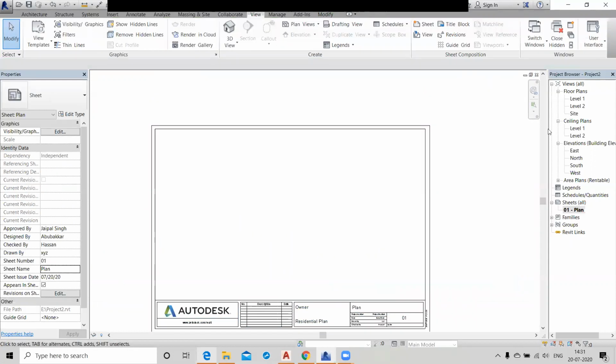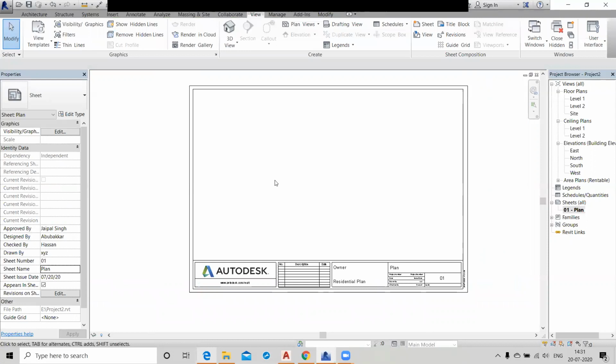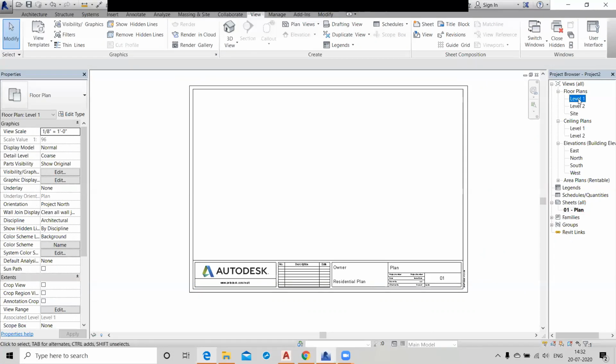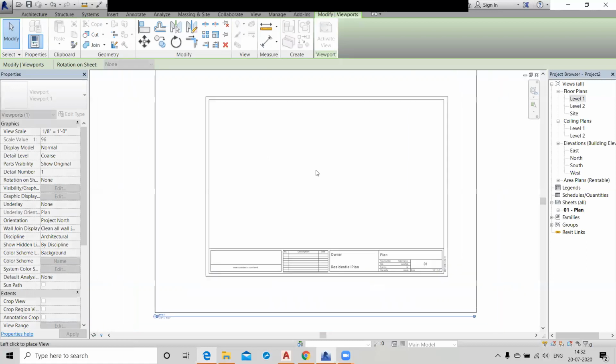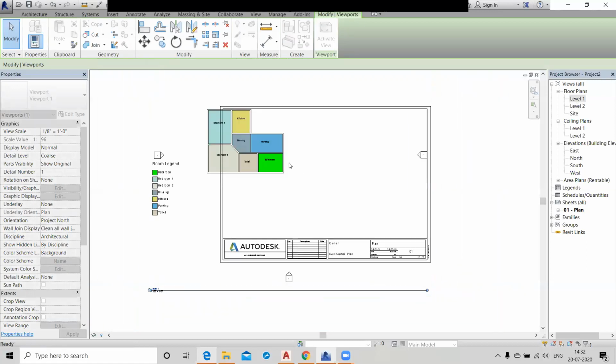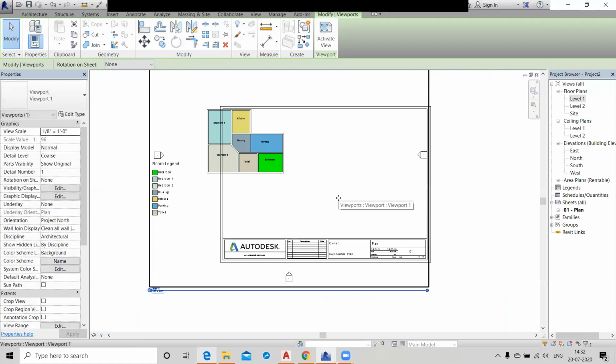So how can you insert your plan in the sheet? You can just select this Level 1 plan and drag it to your sheet. So see, this plan is too big for our sheet, right? So you can change your view from here.